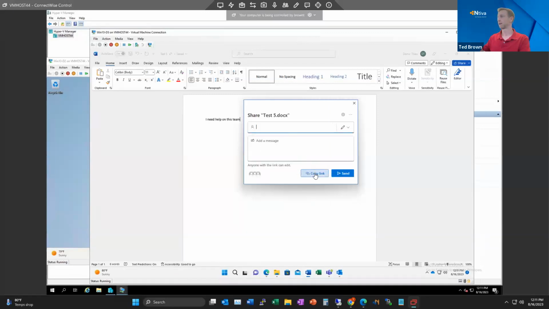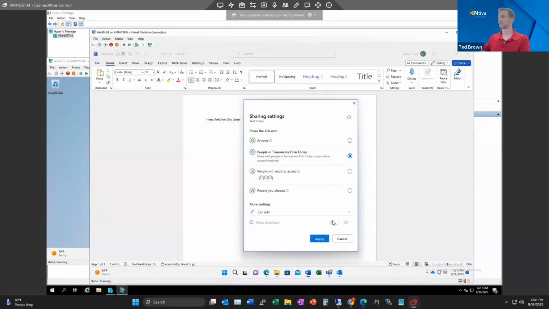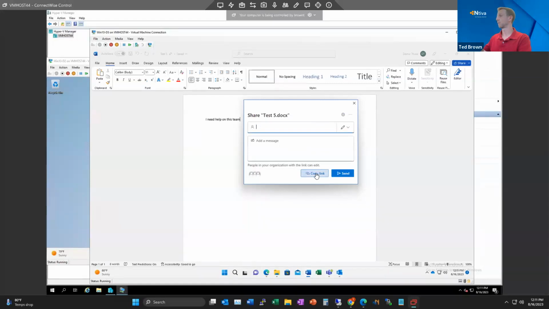And I want to copy this link, but first I'll hit the settings button. I'm going to say I want everyone in my firm to have access to this link. So now whoever gets this link within my organization can access and edit, because that's the setting I have for this file itself. So I can copy this link, and I can share that through email,